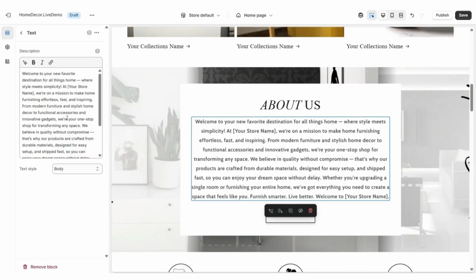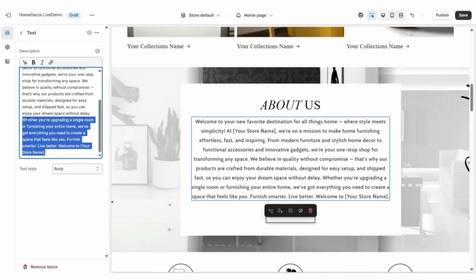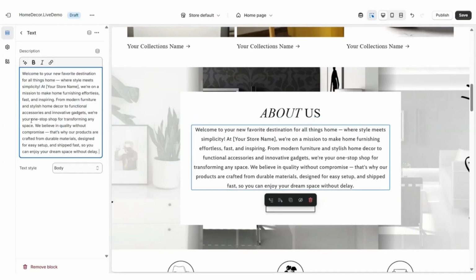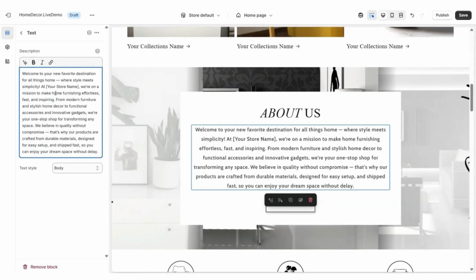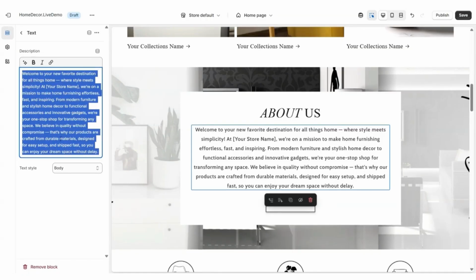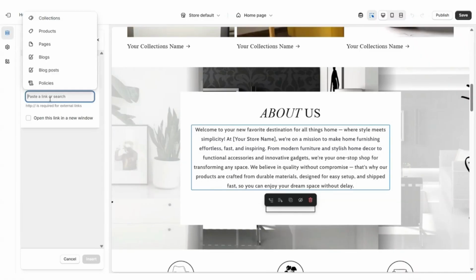And usually after you paste in the text, you can go in and make any edits to the paragraph that you would like. So if you'd like, you can shorten the text to make the overall description shorter. You should also have a few different customization options on Shopify for ways you can edit the text. So you should be able to put the text in bold, italic, and you can also insert a link leading to another page in your website. For an example, if you have an official About Us page, you can select the text for your About Us section, and then you can click this insert link icon,